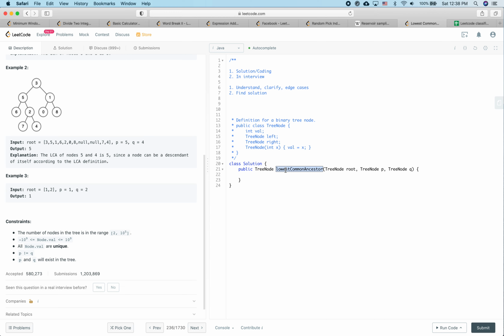I think what we could do is this: we visit its left subtree and right subtree, and the return value is defined as follows: if we find either node P or Q from this root, we just return